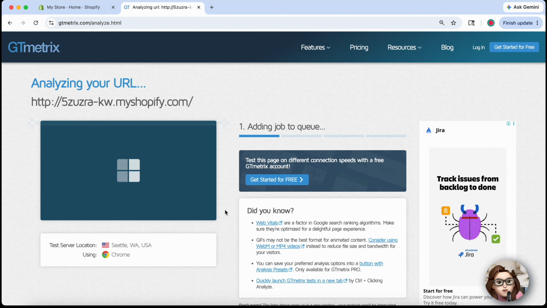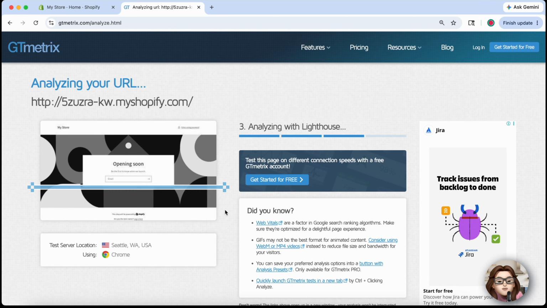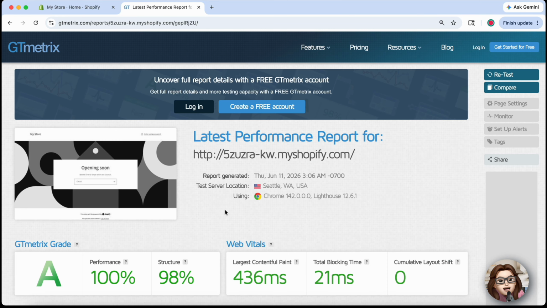GTmetrix will generate a detailed report showing important metrics such as page load time, performance score, page size, and the number of requests. You'll also receive recommendations on how to improve your store's speed, such as optimizing images, reducing unused code, and improving caching. If you want to check your speed directly inside Shopify, log into your admin dashboard and